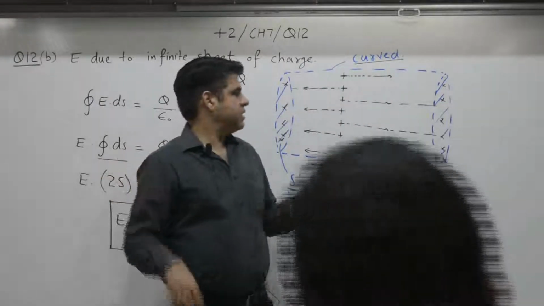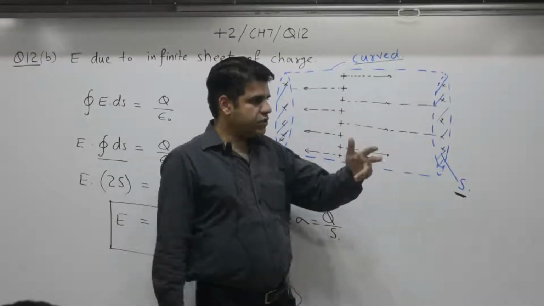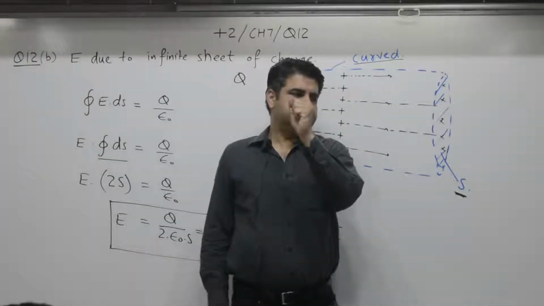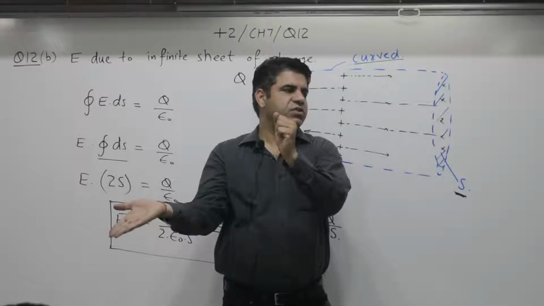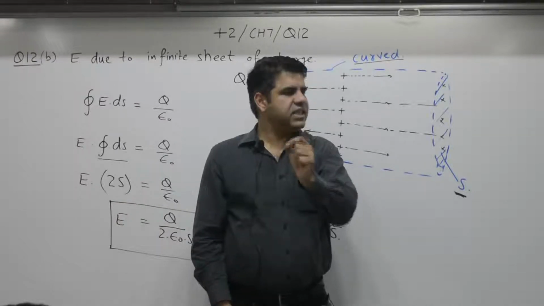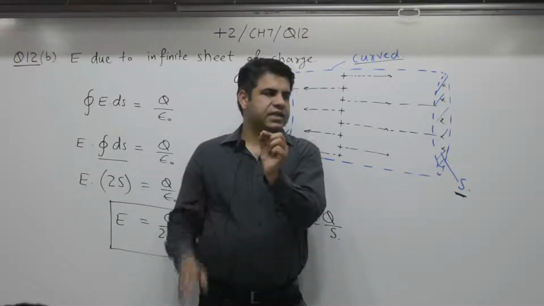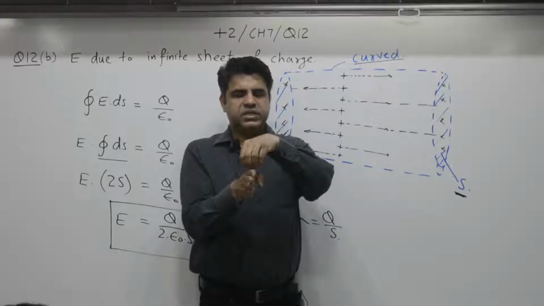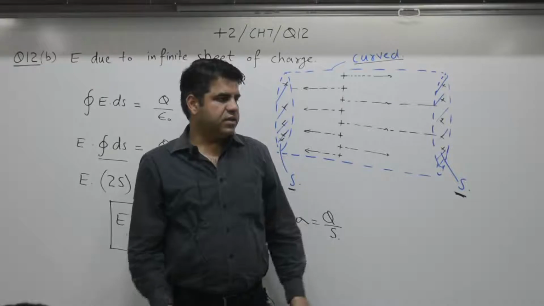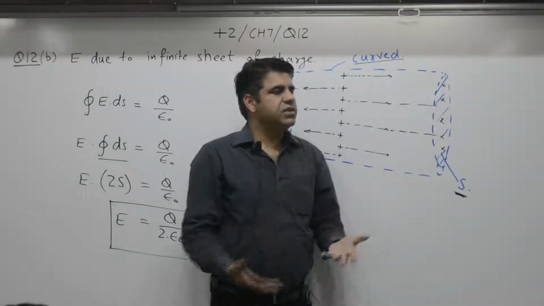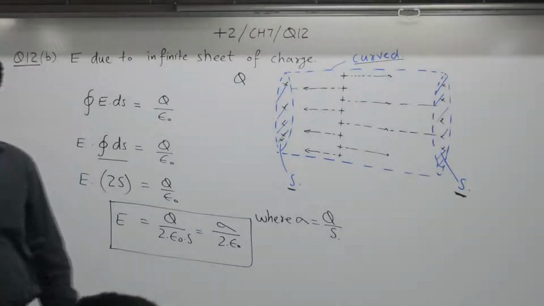If you see the textbooks and notes, you will take into account why it is so. Suppose you place a bulb on this wall. 50% of the light is on this side and 50% of the light is on the other side. It is just like that. A point charge, lines move to the left as well as to the right. That is why it is just a method to say that 50% of the lines move to the right and 50% lines move to the left.